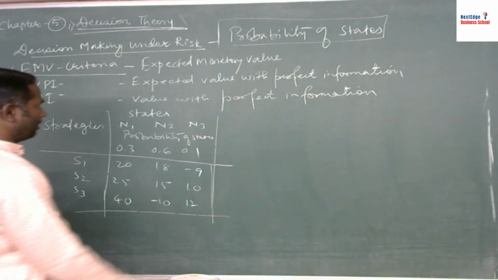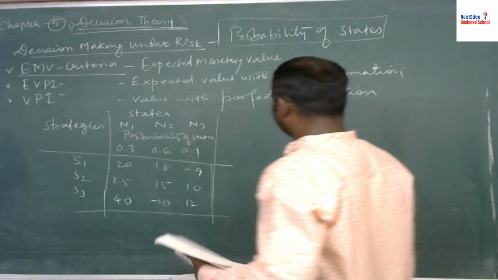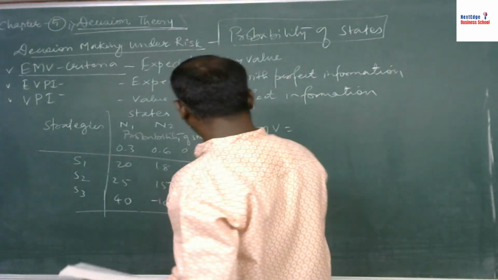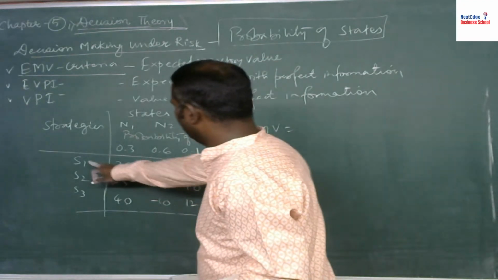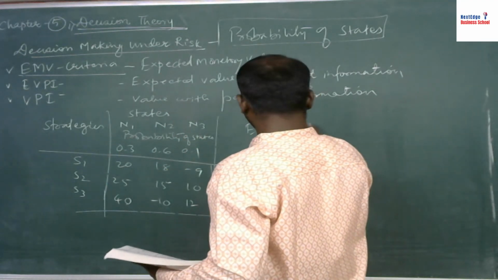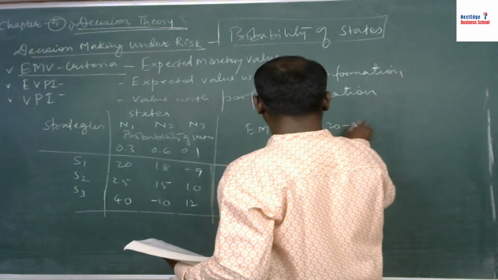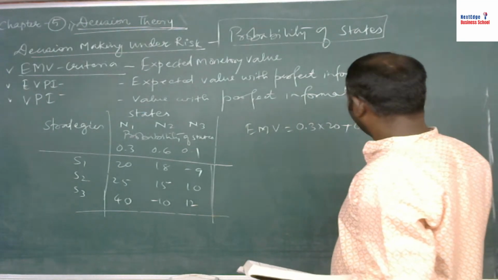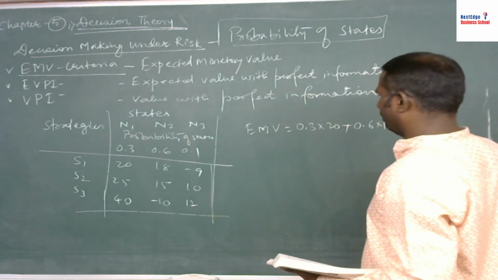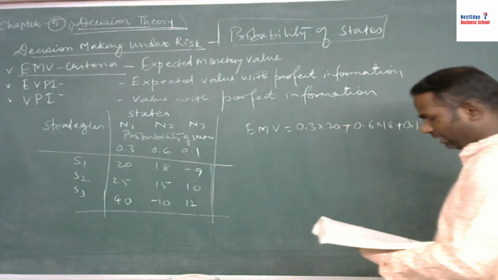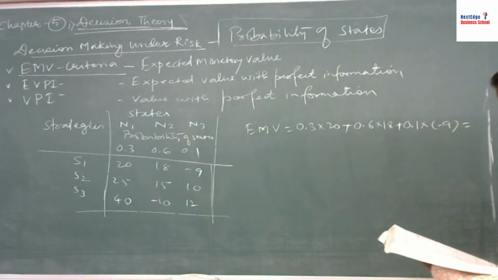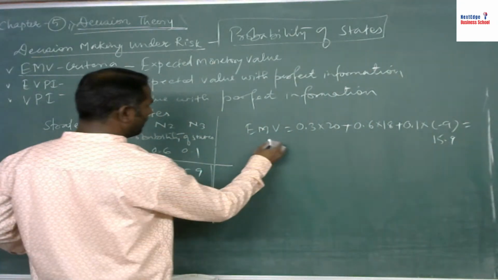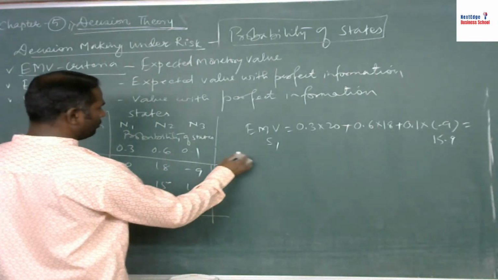It is very simple. We'll calculate the EMV for S1, S2 and S3. So the formula for EMV, expected monetary value, is equal to state probability into N1 का जो भी 20 ऐसा है ना, मतलब क्या 0.3 into 20 प्लस दूसरा 0.6 into 18 प्लस 0.1 into -9। इसका जो भी आंसर आएगा वो S1 के लिए EMV है 15.9, राइट। सो EMV फॉर S1 यहाँ पे मैंने निकाला।